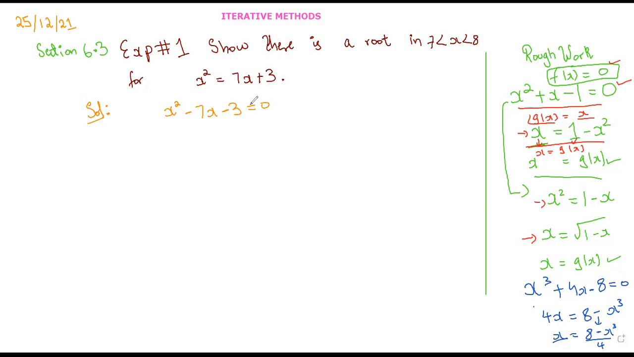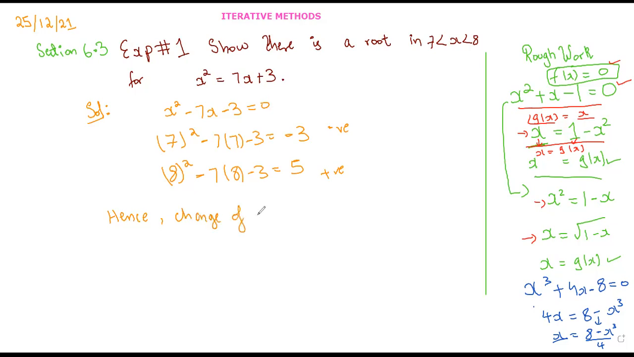Now I need to plug in 7. This is clearly minus 3. And now I have to plug in 8. This would be 5. This is negative, this is positive. Hence, that means there is a root, but you need to write this: sign change. Hence, change of sign